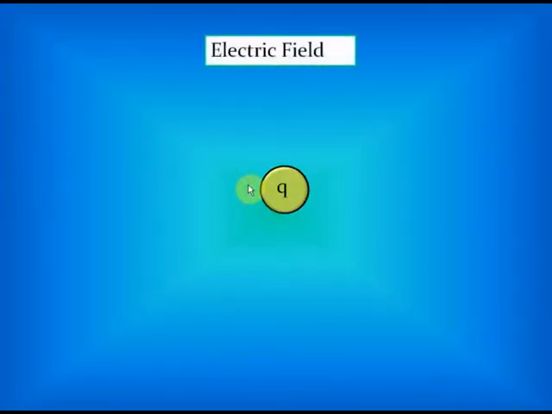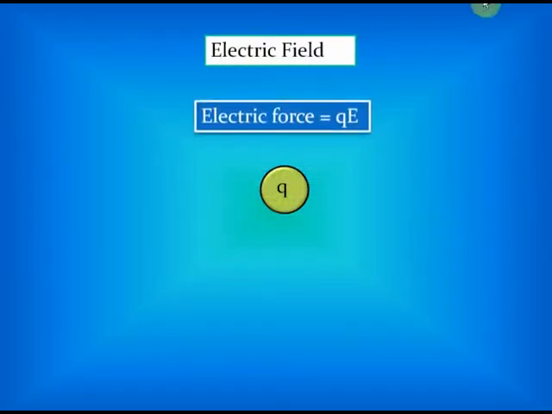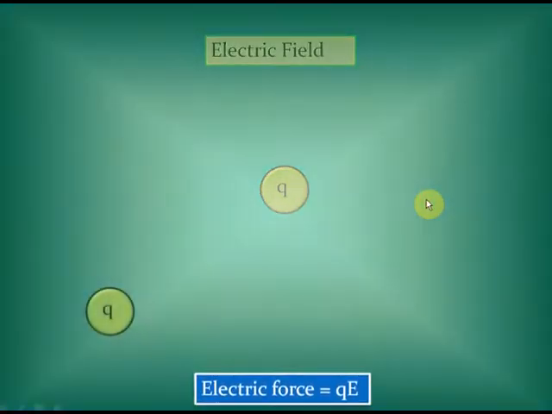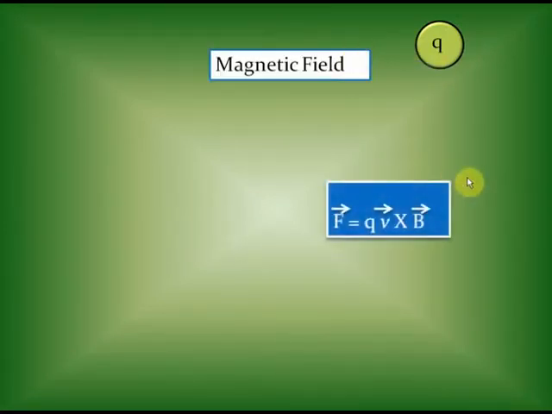So, if you have a charge Q which is stationary, an electric force QE acts on it, isn't it? There is no doubt about it, where E is the electric field in which the charge Q is present. Similarly, just as we have the electric field, we have the magnetic field, and a moving charge experiences a magnetic force when it's placed in a magnetic field. Now, the exact value of the force that acts on a moving charge in a magnetic field has been found to be F equal to QV cross B. This value has been experimentally determined.